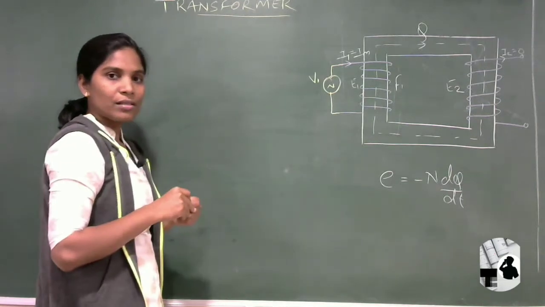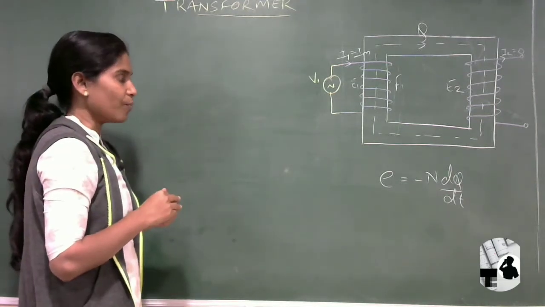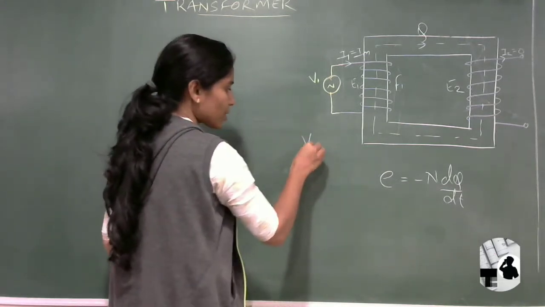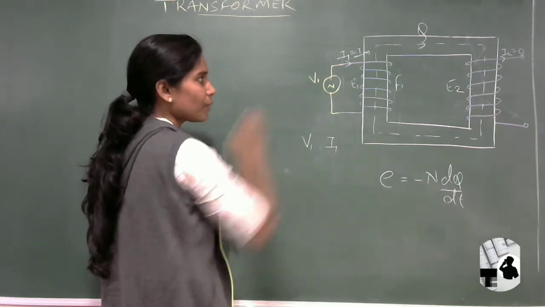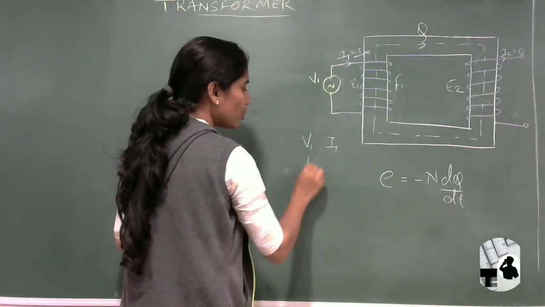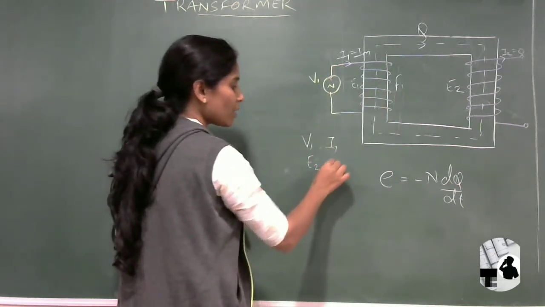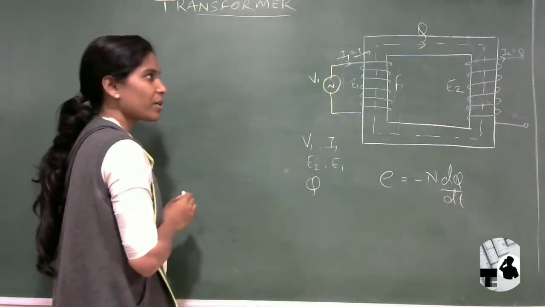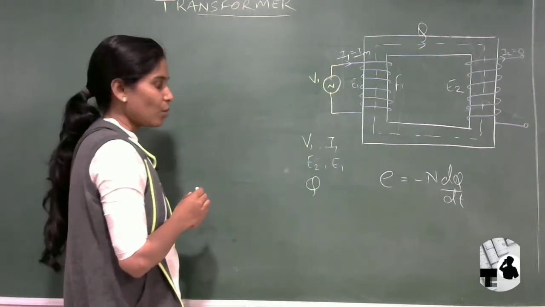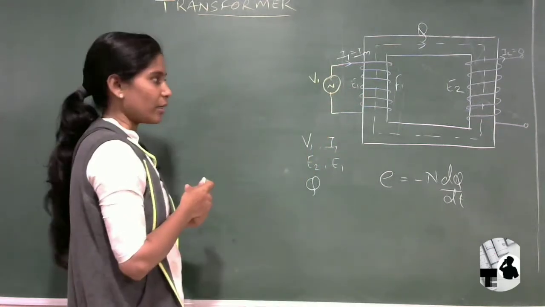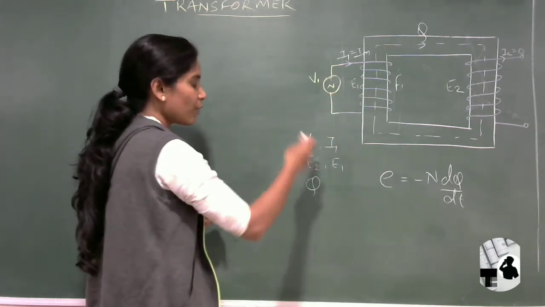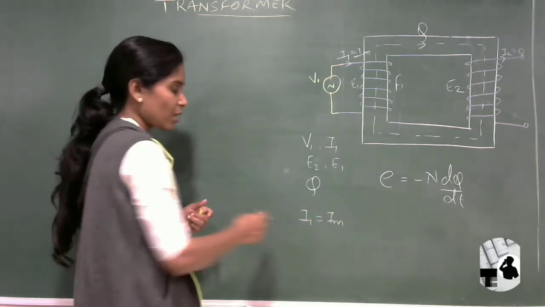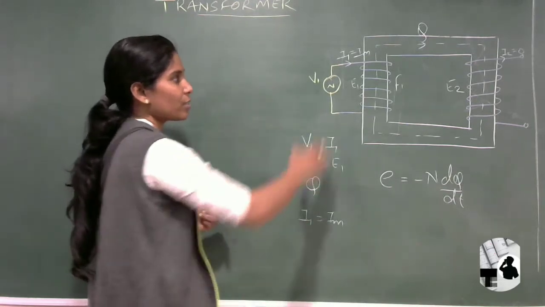Okay. So let's start with the phasor diagram, how the phasor diagram should be. First of all, whatever quantity we have to represent in the phasor diagram: V1 supply voltage, then I1 supply current, and after that E2, the EMF developed at the secondary side, E1, the EMF developed at the primary side, and magnetic flux. Magnetic flux is also a phasor quantity, so we have to represent the flux also. Okay, and I2 is 0, so we need not represent that. So first we have taken I1 as the complete primary current, considered as the magnetizing current.